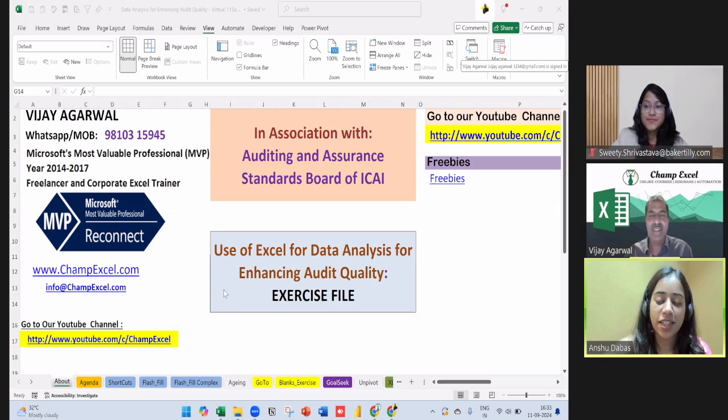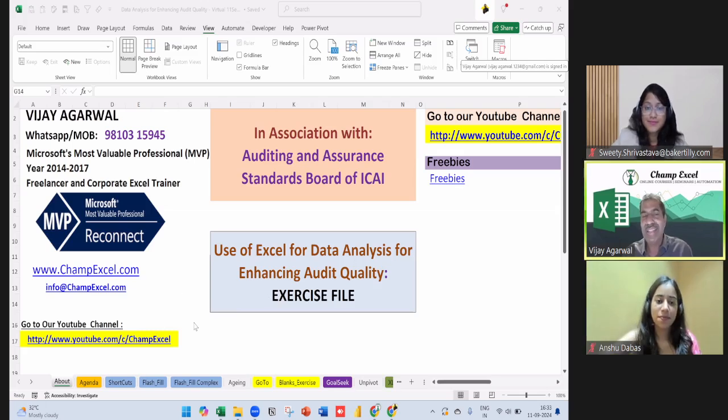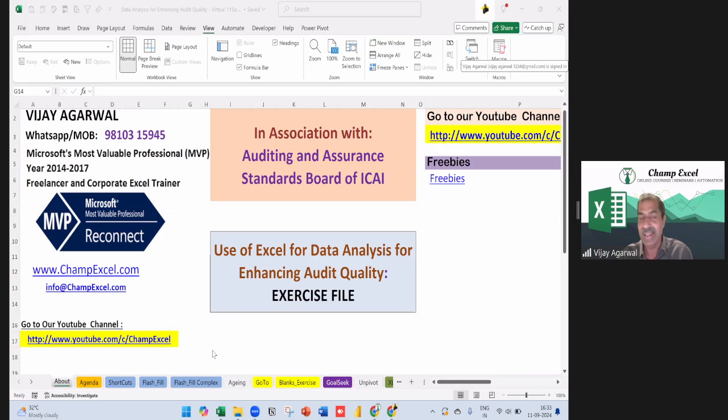Okay, so we are going to see how Excel is going to be helpful for data analysis, for enhancing audit quality. For audit trail, if you feel that Excel can be part of an audit trail, I'll say sorry, because Excel is a very user friendly tool or software.